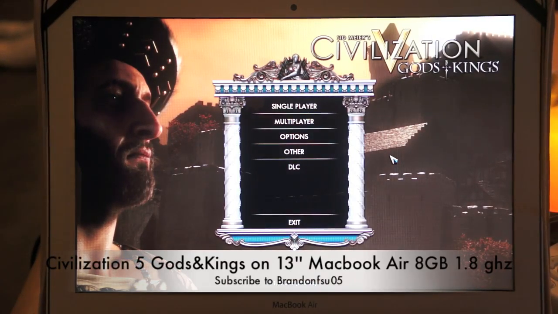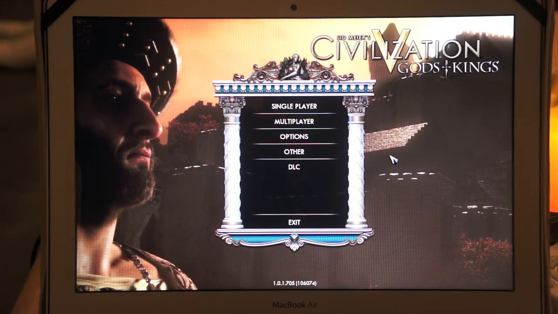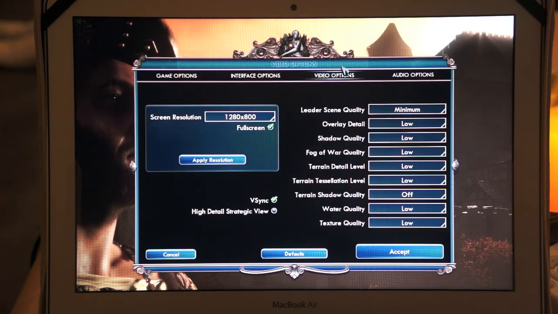Today we're going to take a look at Civilization 5 with the expansion pack Gods and Kings running on a 13-inch MacBook Air 2012 version. So if we go into options, you can see the video options that are currently selected. 1280 by 800, although the supported screen resolution goes up to 1440 by 900, which is what you get on